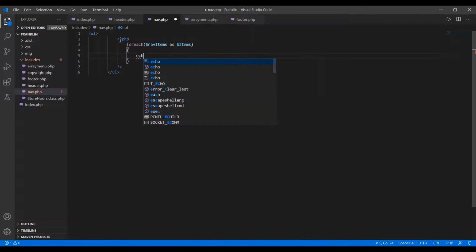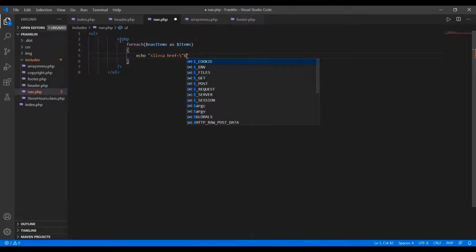So I'm using echo here, then double quotes start here. Then first I have to use the list element, and within the list I have to start with the anchor, and here I give href equal to, then put the backslash, then use double quotes here, then give the name of the variable that contains the value, and that is items.